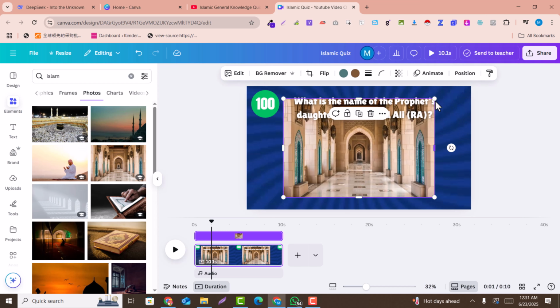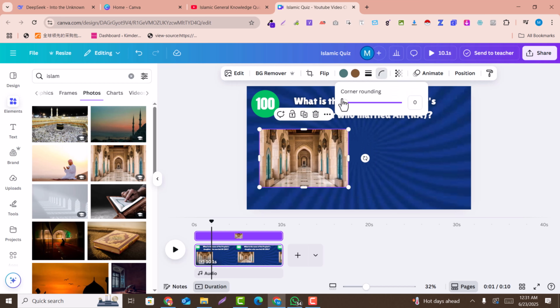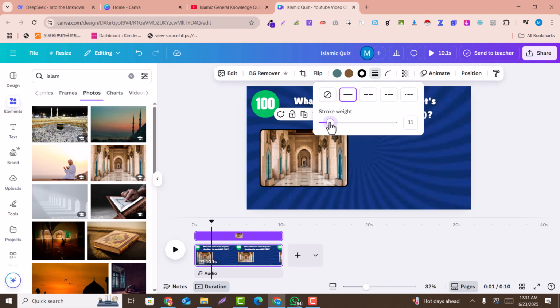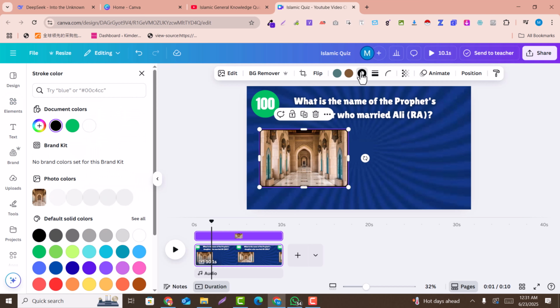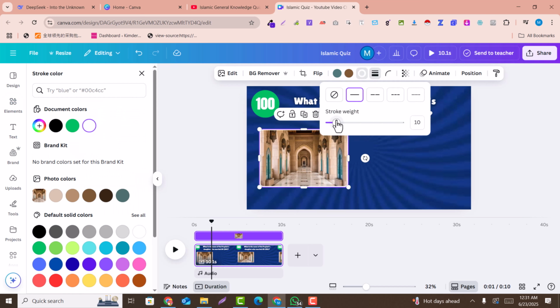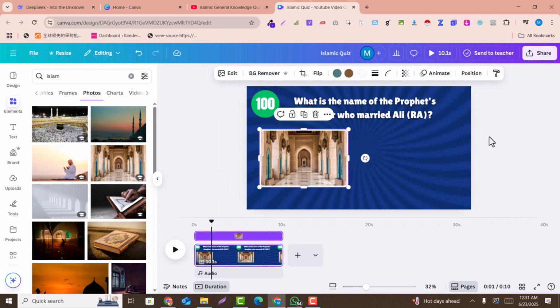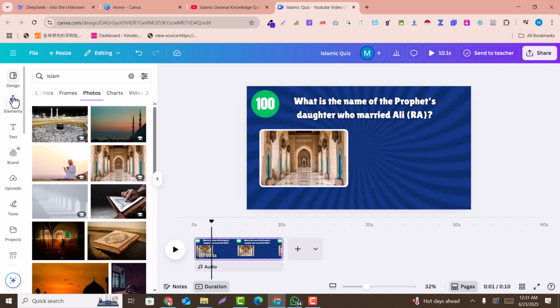this image. Okay, so I will just make this image here, and here in the border corners I will just add some corners, and in the borders I just add the white border here, for example, and I will just make the border bigger. Now we have this, and here we need 3 options. So for 3 options I will select the same titles, and here we need to have 3 options here.